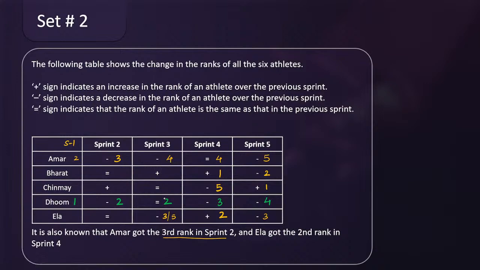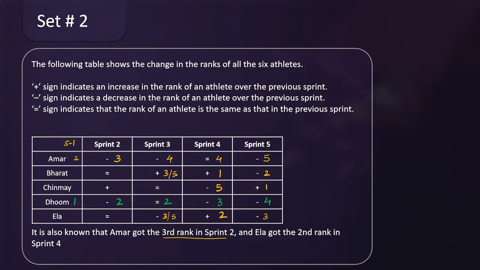Now let's look at sprint number 3. In sprint number 3, rank 4 and rank 2 are already gone. 3 और 5 में controversy है. ओके, सो इसको छोड़ देते हैं. यहां पे 1 सेकेंड, यहां पे पॉजिटिव हुआ है. ओके, पॉजिटिव पॉजिटिव इक्वल, ठीक है, चल सकता है. सो फॉर भरत इन स्प्रिंट नंबर 3, लेट्स चेक इट आउट. भरत का स्प्रिंट नंबर 3 में रैंक क्या क्या हो सकता है? Now rank has improved, so it can be 2, 3, 4 और 5. 2 और 4 नहीं हो सकता, तो यहाँ पे 3 और 5 ही हो सकता है.